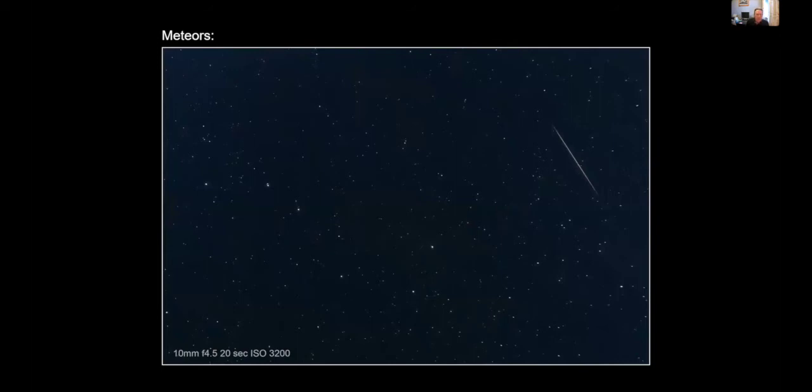Meteors. Have a look on the internet when meteor showers occur. The brightest and probably the best is the Perseids around about August the 11th. But there are some very good ones coming up in November. It's a good time of year coming up now. Find out what the maximum date, the best dates are, and around those dates, a few nights either side, centered on that date,